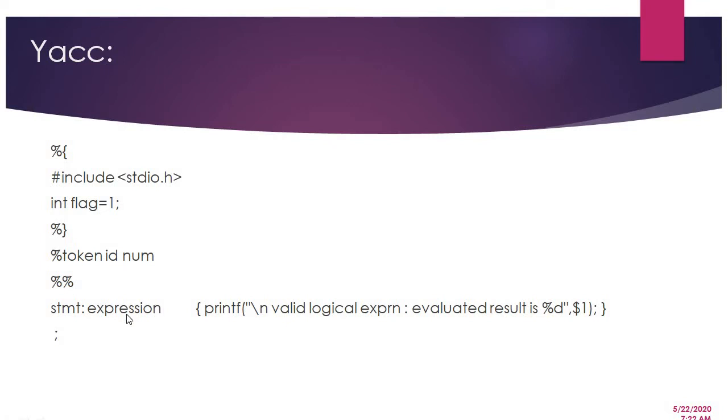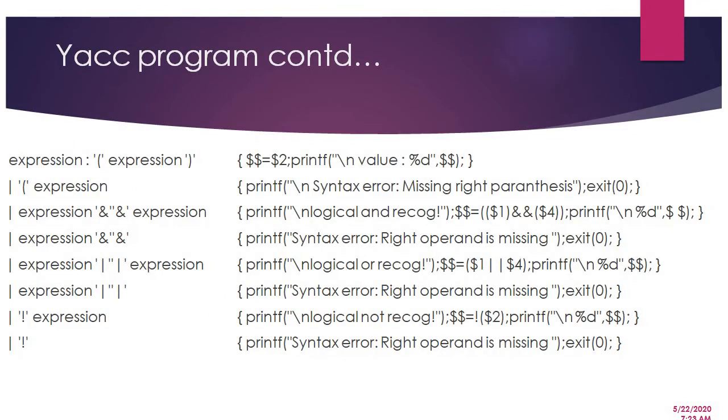$1 means what is there in expression that you have to print. So we'll see what is the expansion of expression. So it is a logical operator. So you have logical operators double and, double or, and not equal to. If it is within brackets, directly what is the expression you have in $2, because this is $1, this is $2. What is there in $2 will be copied to $$ and print the value. If one of the operand brackets is missing, right parenthesis error will be printed.